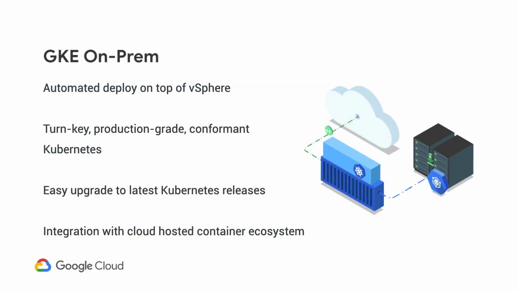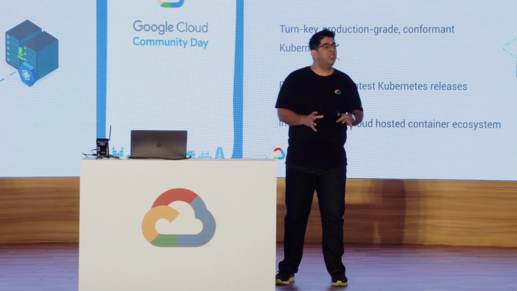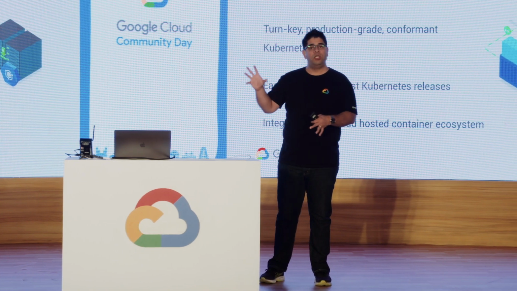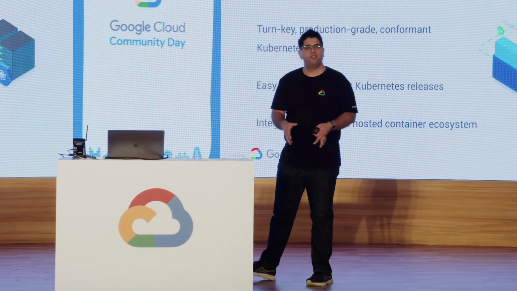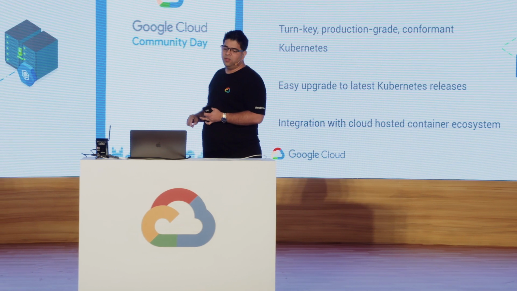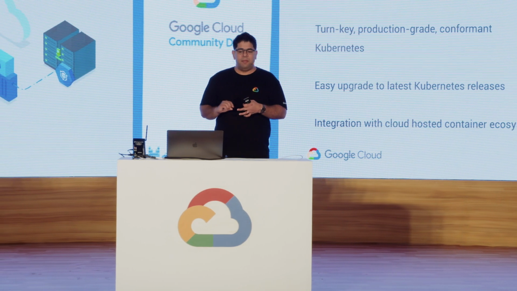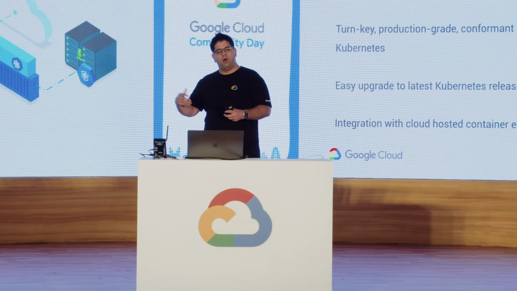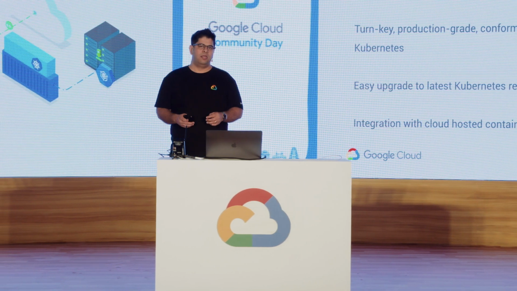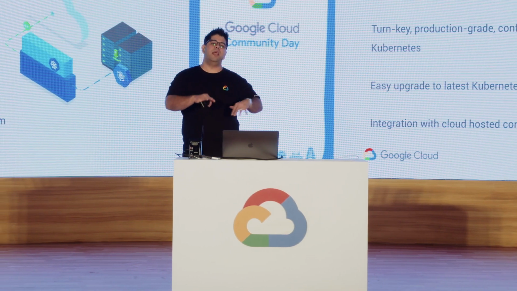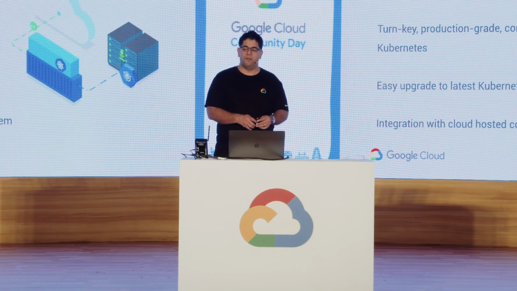Now, what's new with Anthos is this on-prem version of GKE. So on your own infrastructure, you can now run GKE, not just the open source version of Kubernetes. And what that means is we bring you those great features from GKE on your on-prem infrastructure. We do your upgrades for you. We maintain things like automatic node repair and so on. And this part sits on top of VMware's vSphere in your environment.